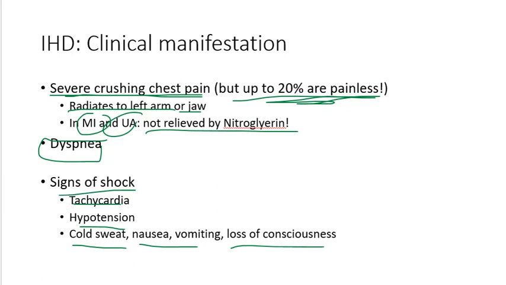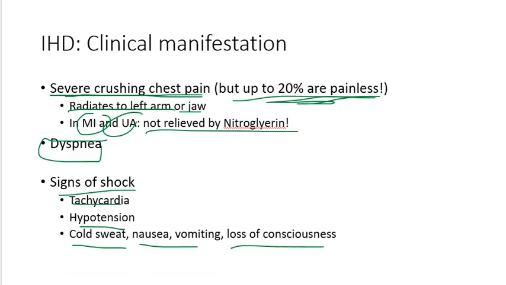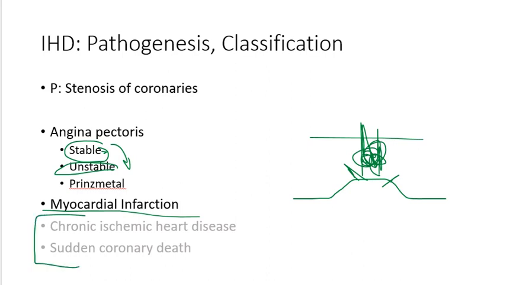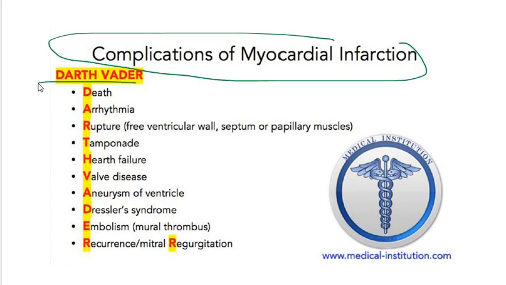ischemic heart disease. Now, continuing onwards to myocardial infarction, we spoke so far about the definition, epidemiology, etiology, pathogenesis, and some pathology, pathoanatomy, clinical manifestation. Now I just want to mention a side point before we get to diagnosis and treatment. I'm going to mention the other two kinds of ischemic heart disease, plus the complications of myocardial infarction. Hey, guess what? I got another mnemonic for you. Darth Vader. Okay, the Darth Vader. These are